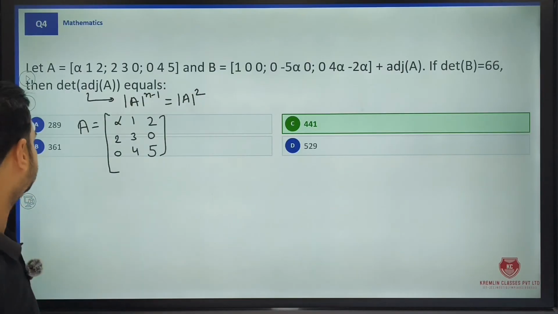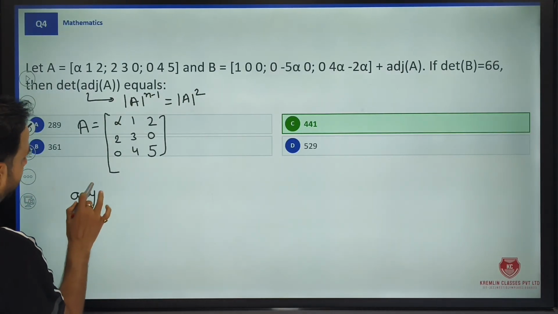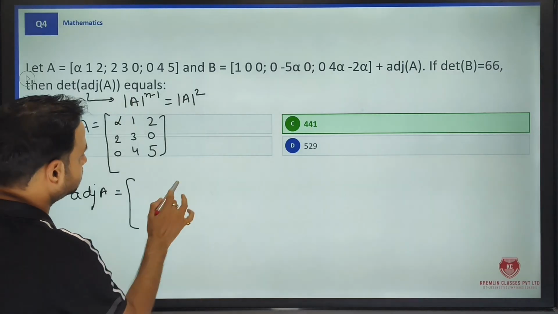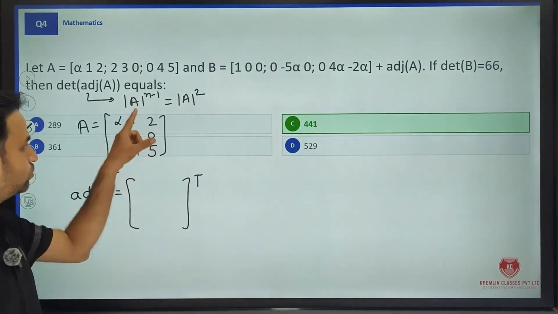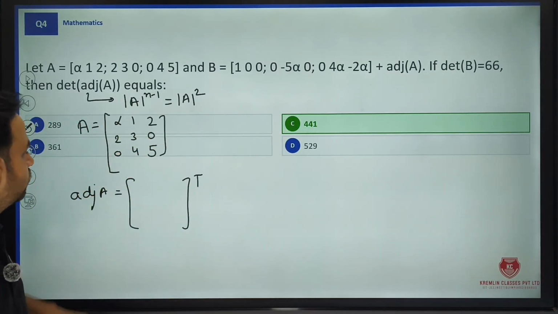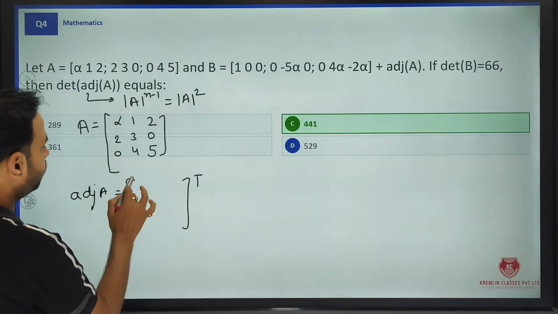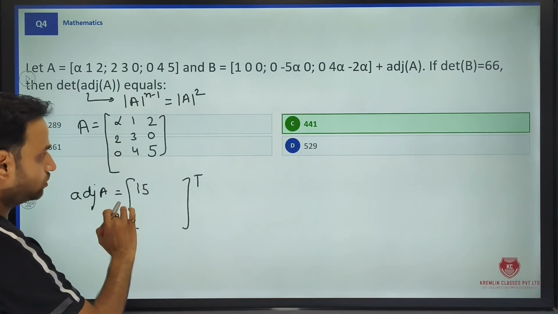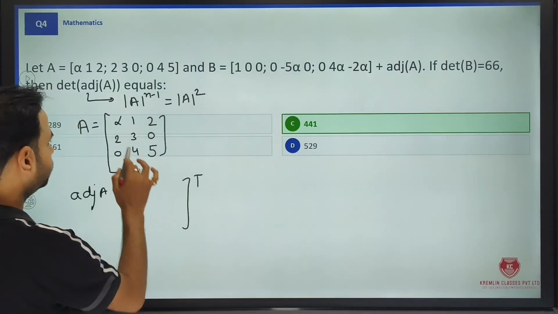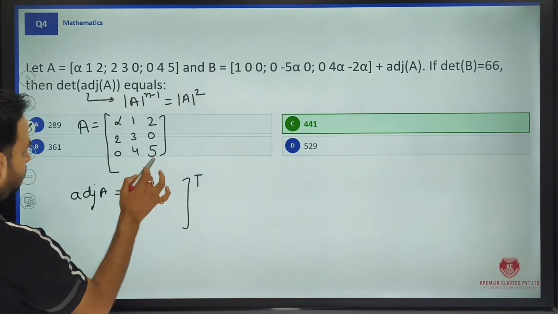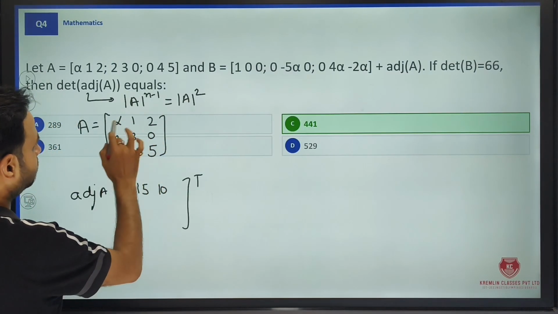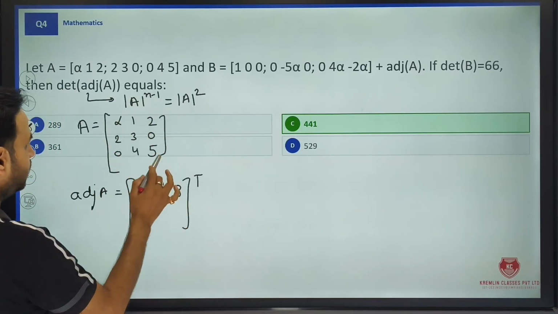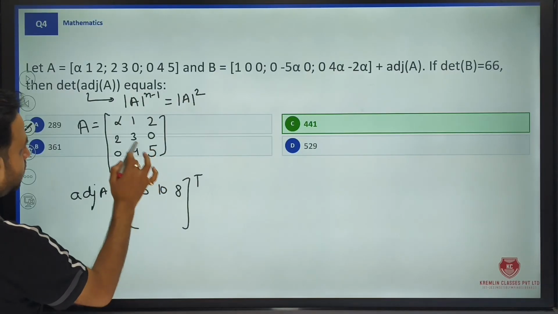So what about adjoint? What is adjoint of A? Adjoint of A, as you know, the transpose of the cofactors is known as adjoint. Transpose of the cofactors. What is cofactor? First we are taking alpha. The cofactor will be 15, and we have to also put the minus 1 plus 1. We will put it, then 1, 10, 2 cofactor will be 4 to the 8, and now 2's cofactor again,